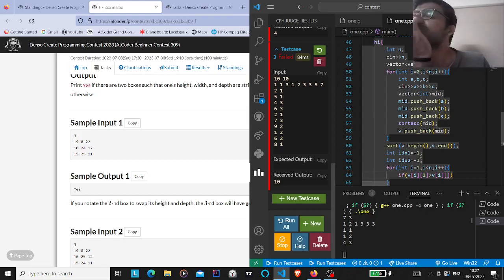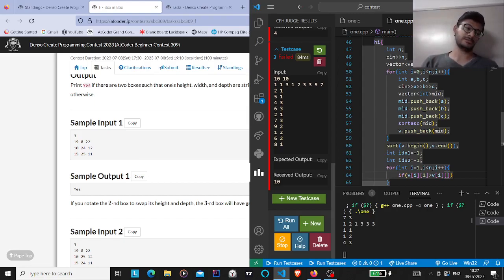अच्छा मतलब उससे बड़ा तो होना चाहिए आई गेस। बड़ा ही होगा क्या हमेशा? स्ट्रिक्टली बोला है ना। So it should be v of I comma 0 greater than v of, this should be less than v of 0 comma 0 should be less than equals to v of I comma 0